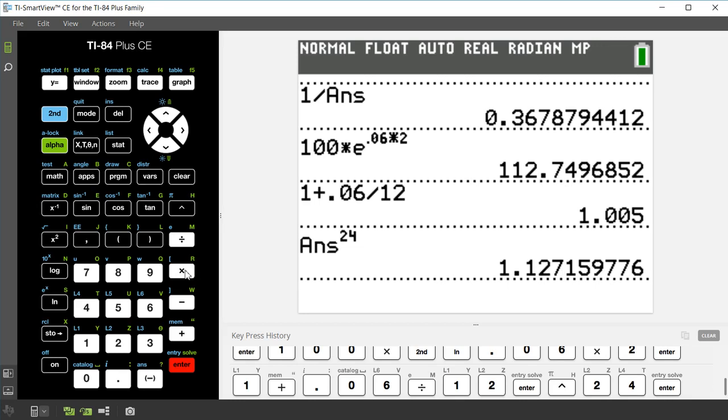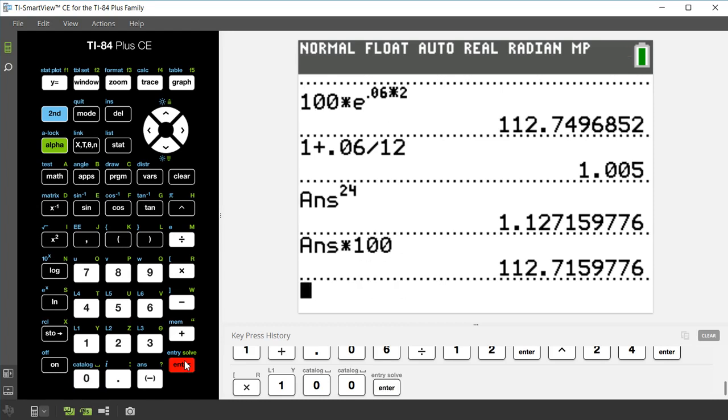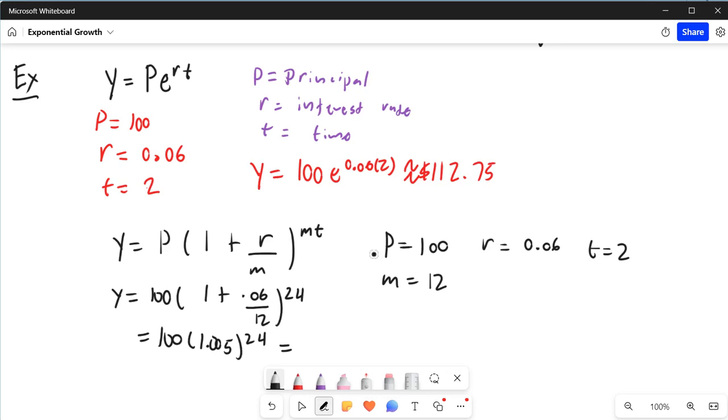What are we going to do with that? We're going to multiply by 100, right? So I did it separately. And see how this came out to 112 and 72 cents. So in comparison, we have a 3-cent difference in this case,